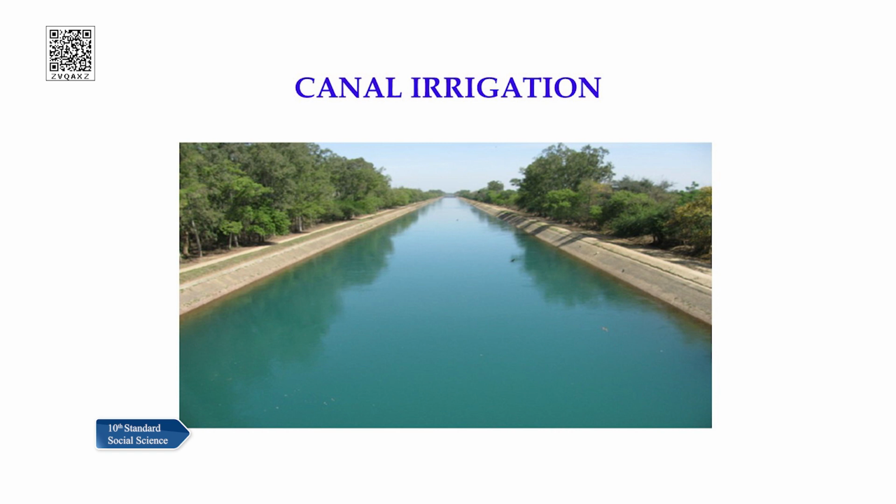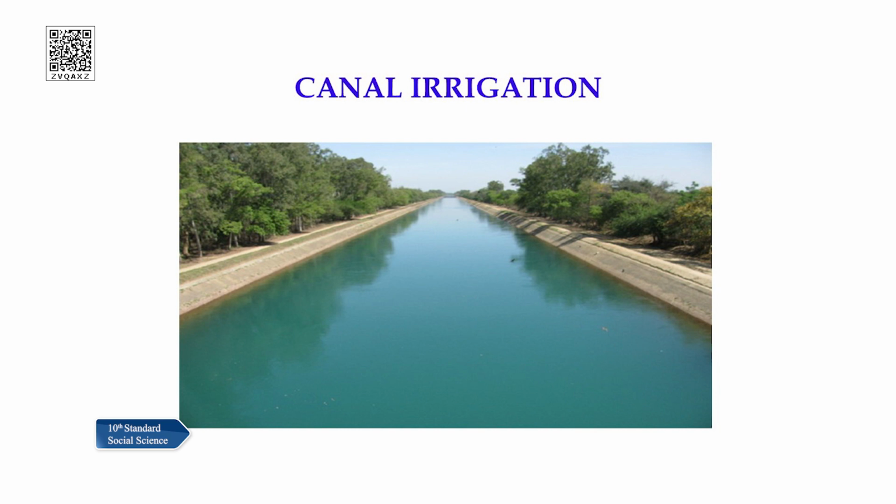Now canal irrigation, we have got two types of canal irrigation. First is inundation canal irrigation, another is perennial canal irrigation. Now you can see the slide, and you can see the canal irrigation here. In inundation canal irrigation, the water is taken from the river directly without constructing a dam, and it is used for agricultural purpose. Whereas in perennial canal irrigation, a dam is constructed across the river, and then the water is used for